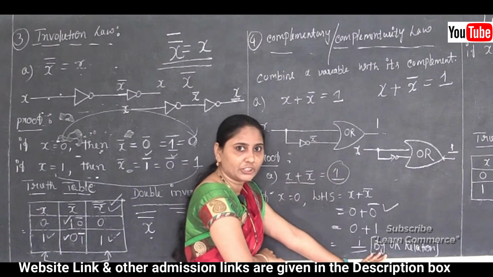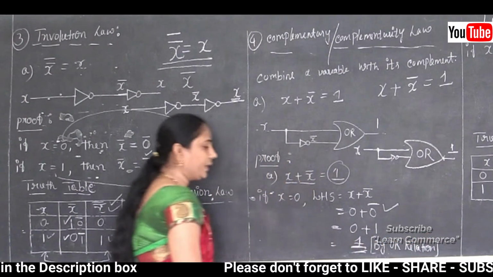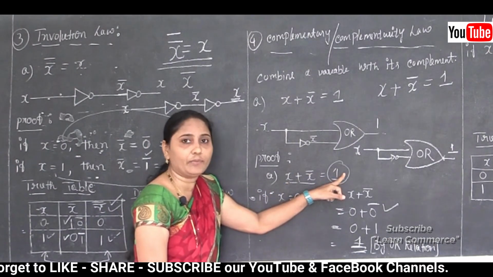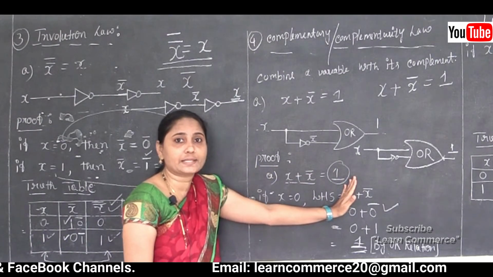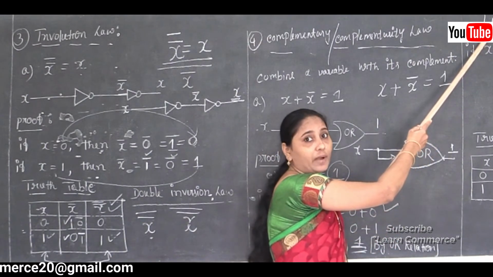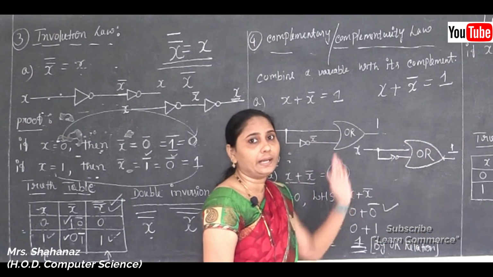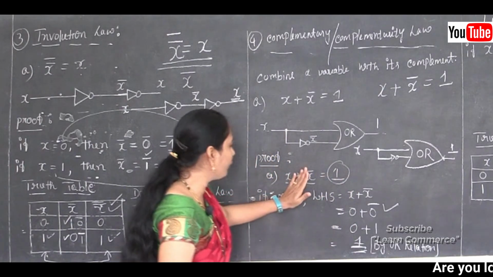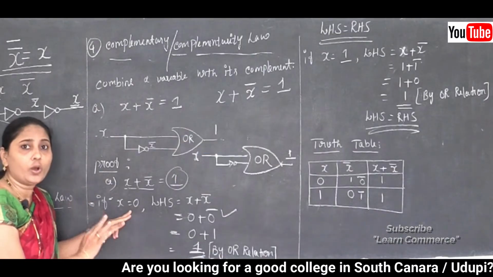And how do we get the relation? By OR relation. Clear this one? The value will be 1. We already know that if you use x plus complement of x, the value should be 1. So left hand side is equal to the right hand side. Here we can say that in the left hand side the value is x plus complement of x, that is equal to the right hand side. In the right hand side the value is 1. Clear this point here? So this is our first proof, by giving x as 0, we know that we proved it.